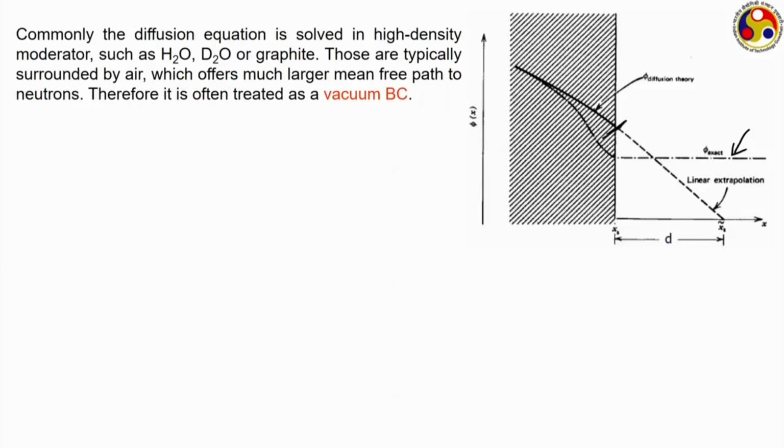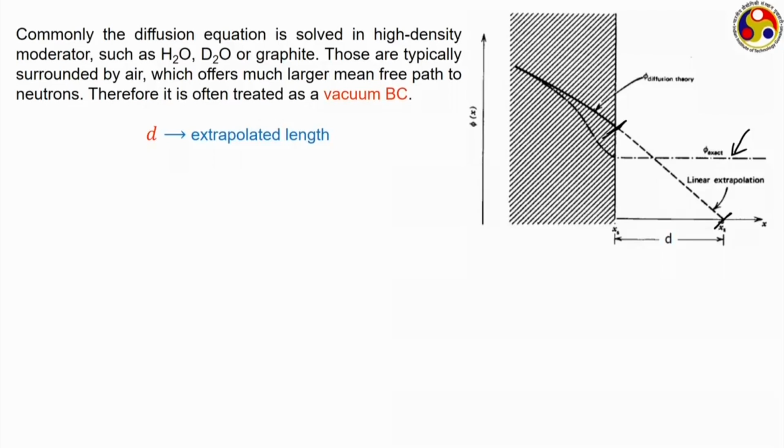At x equal to 0 at this particular location, this is not x equal to 0, I should say x equal to a, at this location there is a certain gradient that is being followed by the neutron flux. So, if we just extend that, that is if the neutron flux is allowed to follow the same trend after coming out of the reactor, it would reach 0 at this particular location. This particular distance is often called the extrapolated length, which is d, and the corresponding boundary condition is generally called the